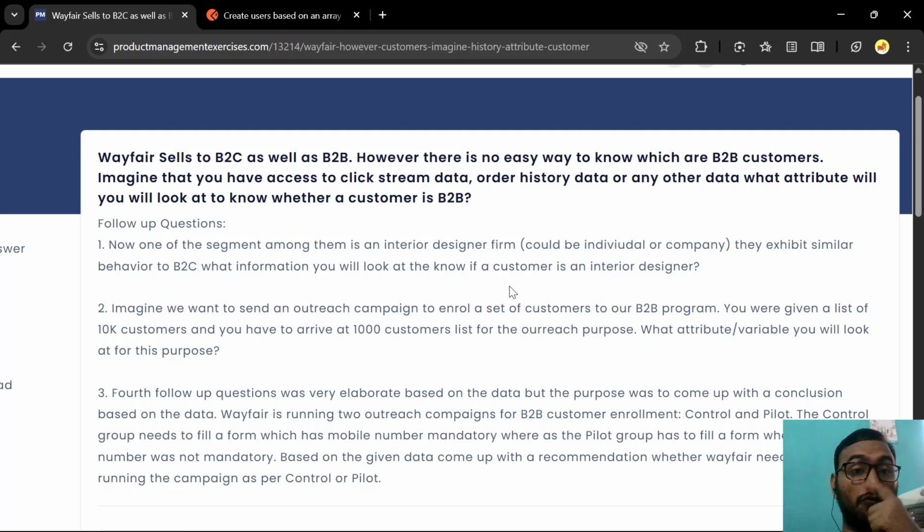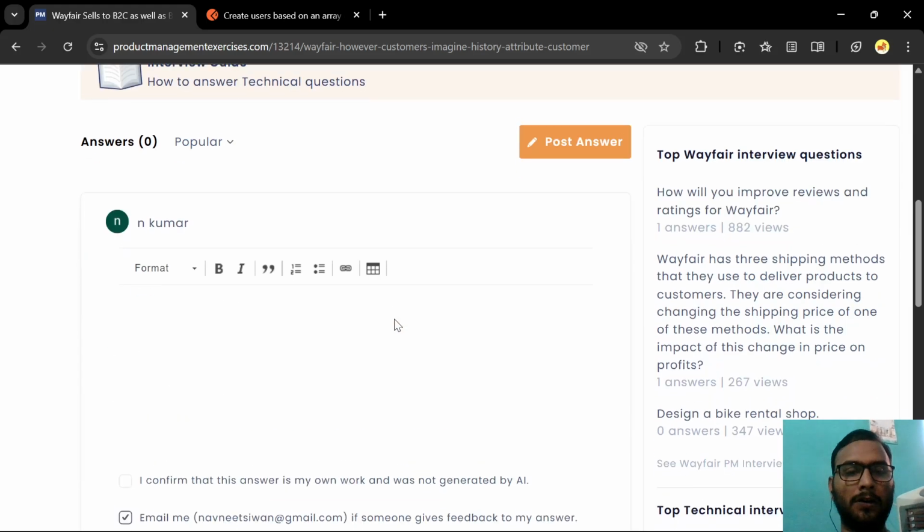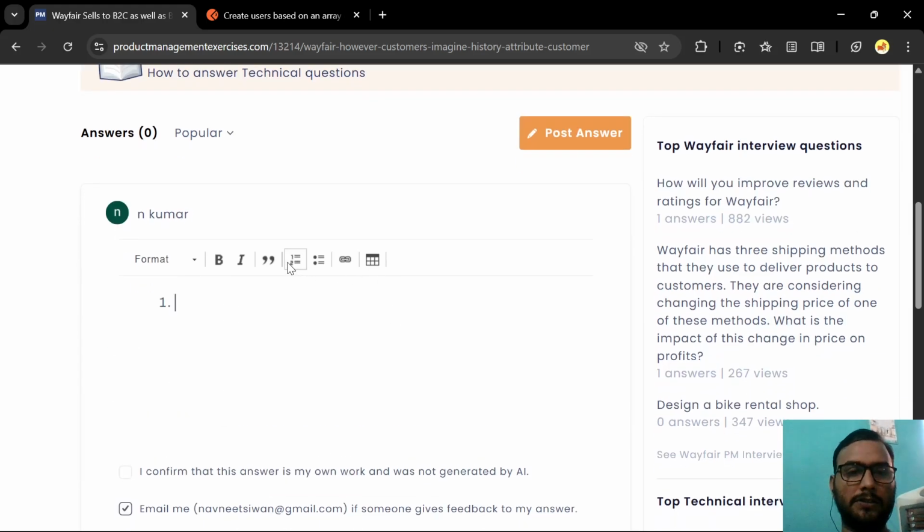main questions. So Wayfair sells to B2C as well as B2B. However, there is no easy way to know which are B2B customers. Imagine that you have access to click stream data, order history data, or any other data. What attribute will you look at to know whether a customer is a B2B? Okay, understood. So let us try to answer it and understand the